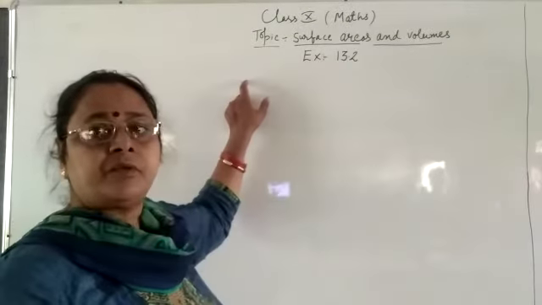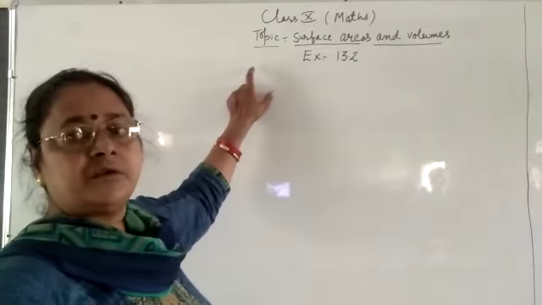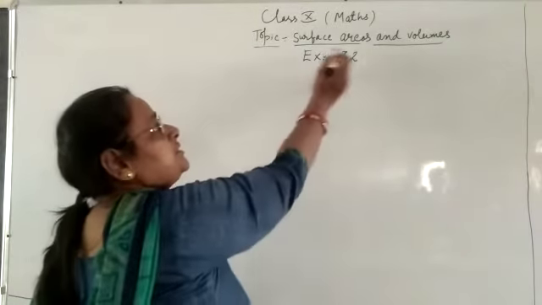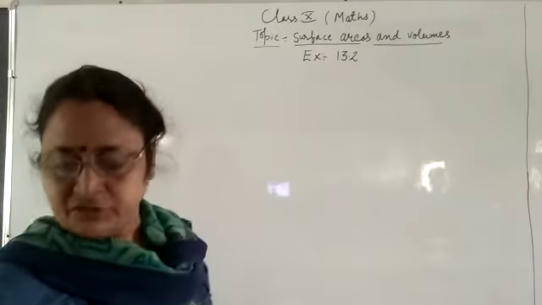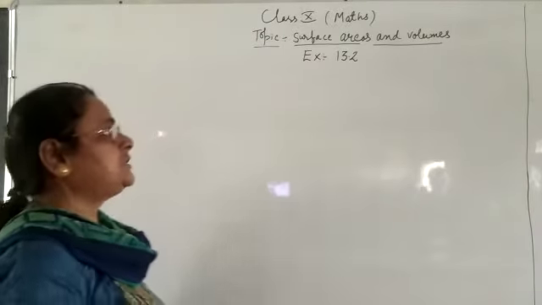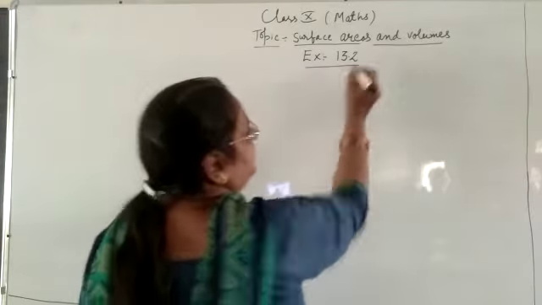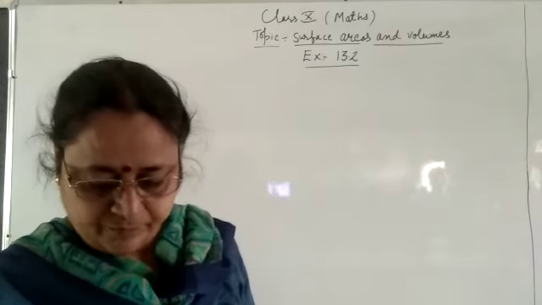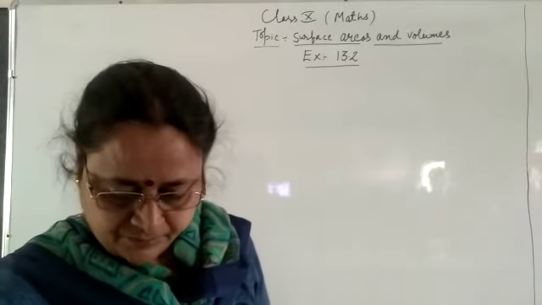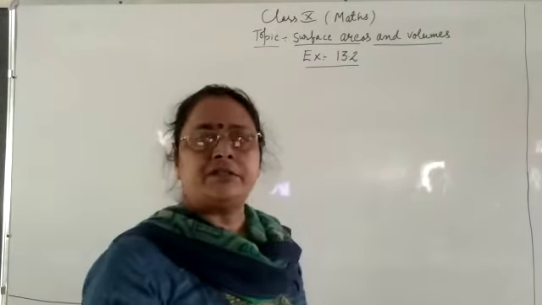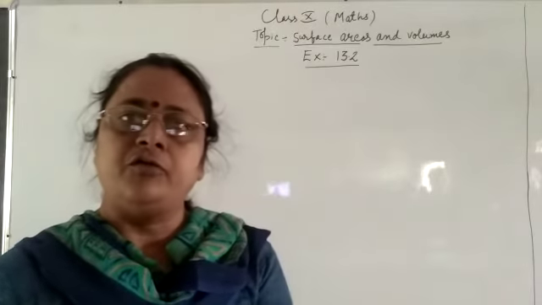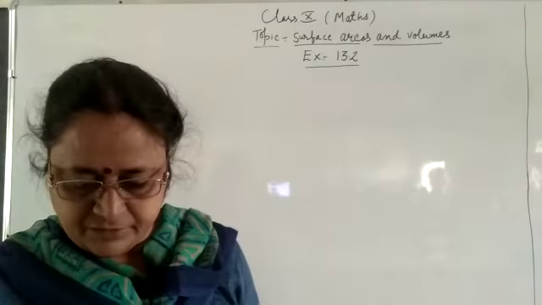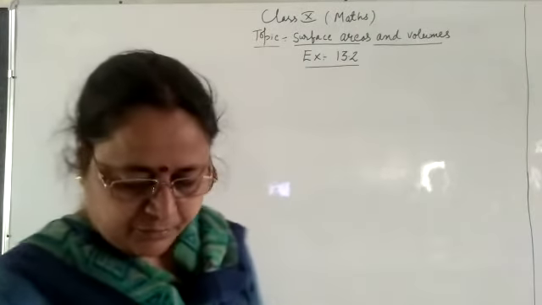Good morning students. Again in today's session, class 10 mathematics, I am teaching you the topic surface area and volumes, in which I am starting exercise 13.2, which covers how we can find the volume of a combination of solids. So we are taking question number 1. Already we have discussed the formulas for finding the volume of the different solids. So now I am starting with question number 1, exercise 13.2.